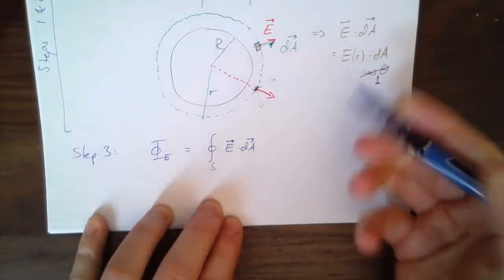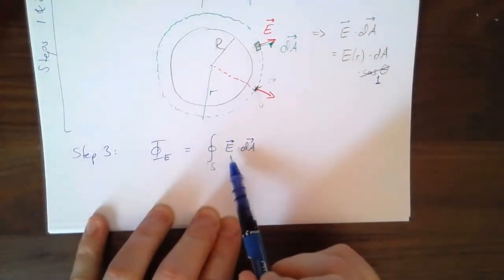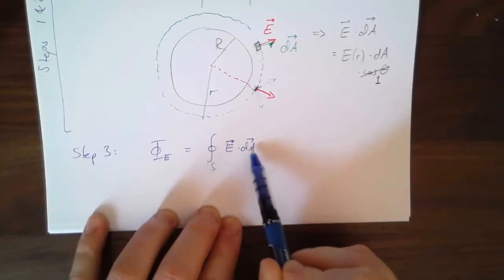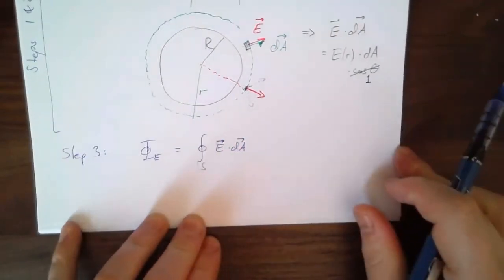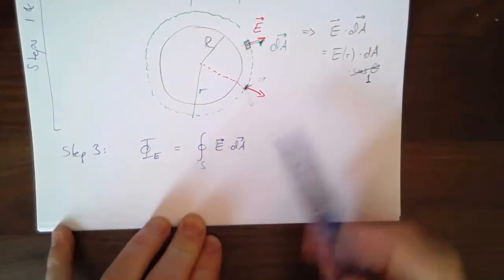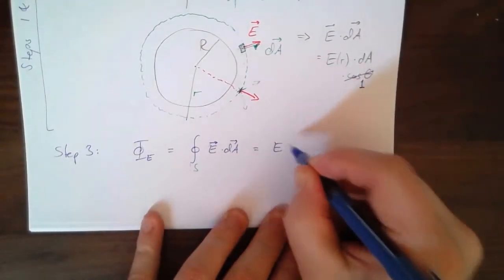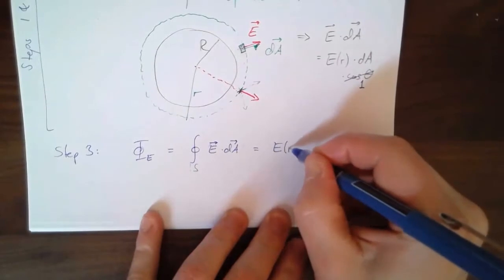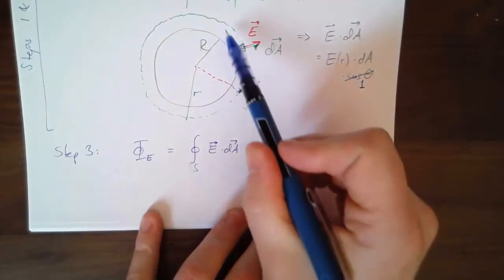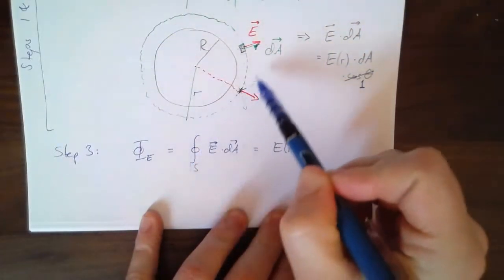So this means we're summing up until we've covered the whole area, the flux for each individual tiny chunk of area. But now we know that this thing here is the same for each individual chunk. So I can take the E as a function of radius. It's not the same everywhere, but it's the same everywhere as long as we are on a shell of the same radius,